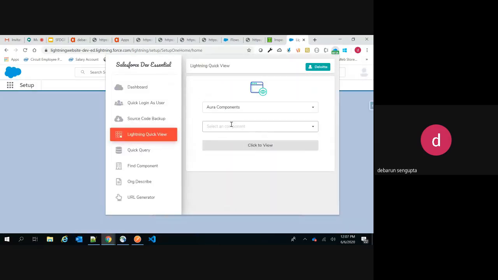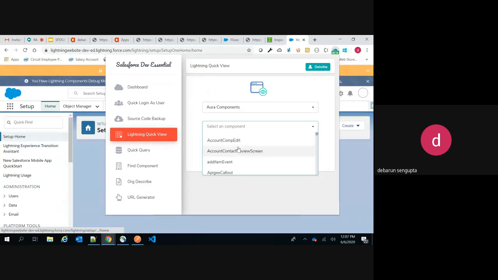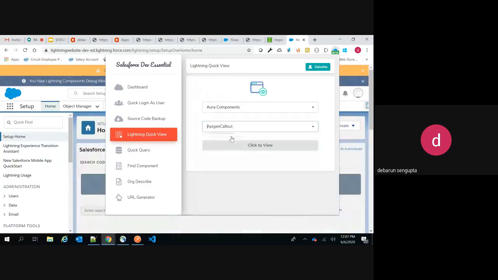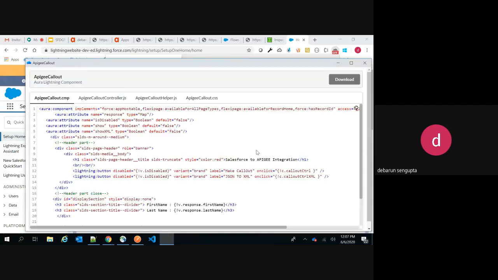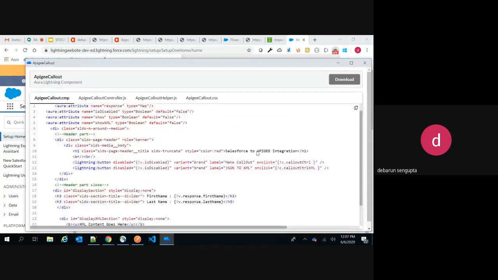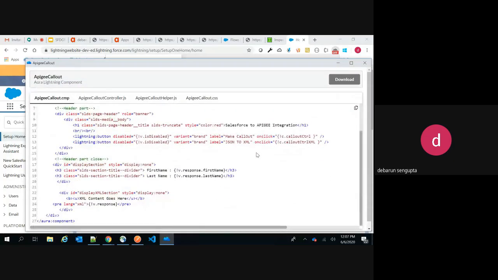Let me choose this. Okay, so this is the component that I have created. It's a normal component, no rocket science.